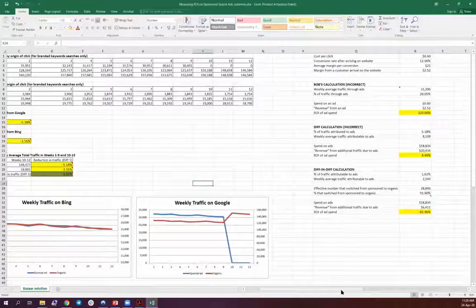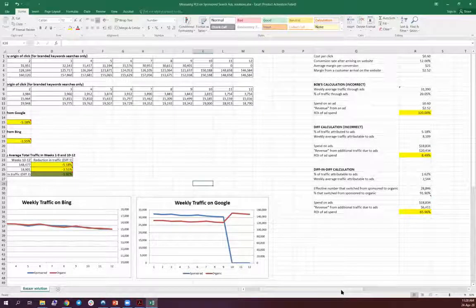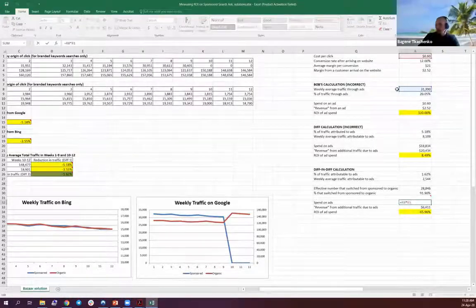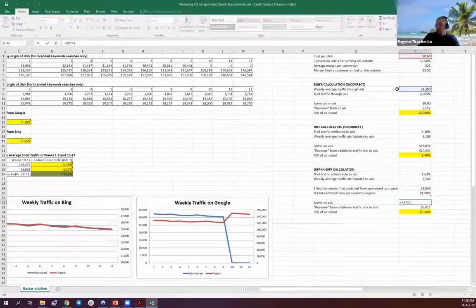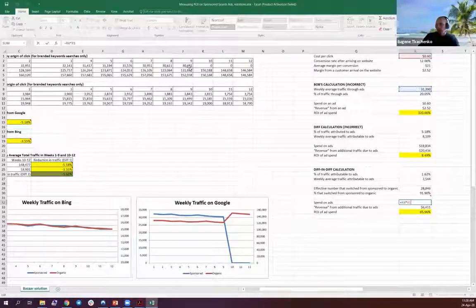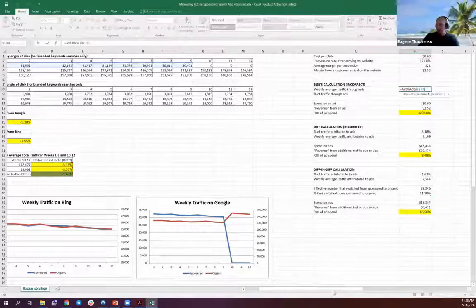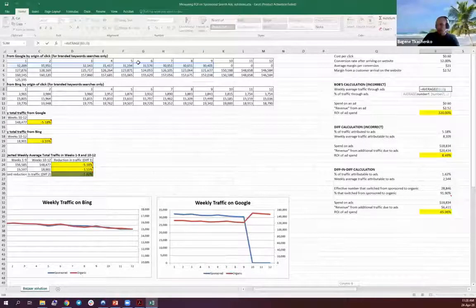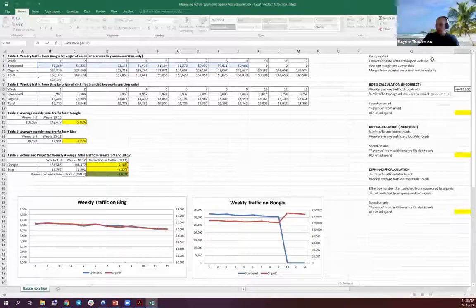Can you go through your correct version of the spend on ads, how you calculated that? Sure. So basically, spend on ads was all based on the weekly average traffic through ads, which Bob defined correctly. I'm talking about the averages. So if you look at the average traffic for the first 9 weeks for sponsored ads for Google only, and then the assumption of the cost per click was already given, 60 cents per click.